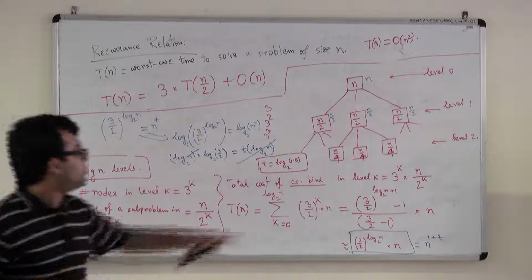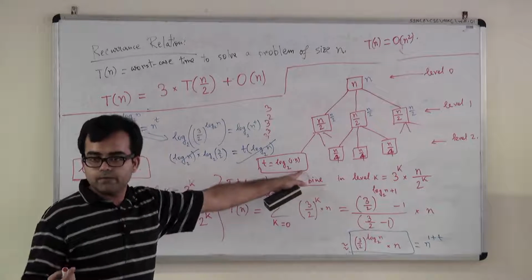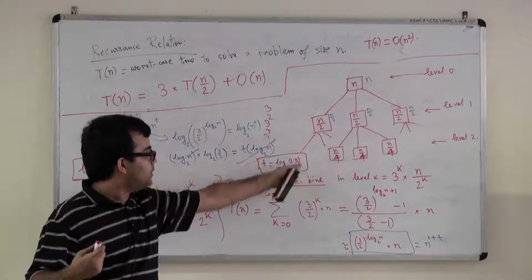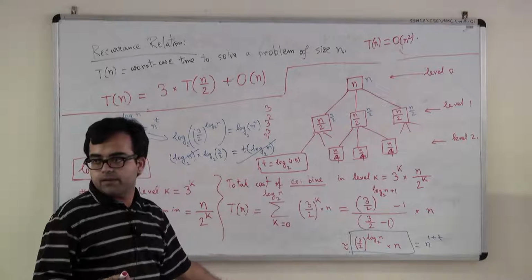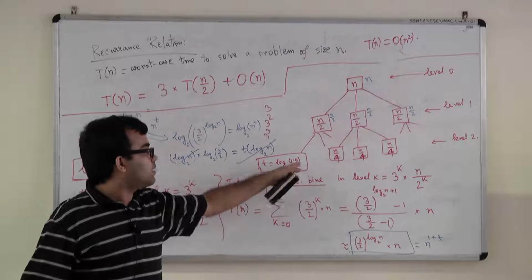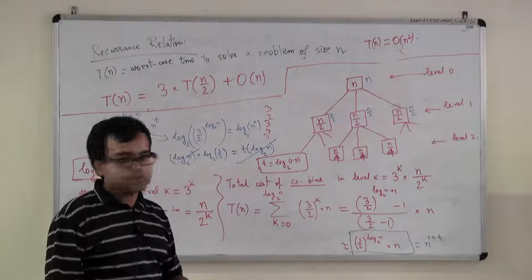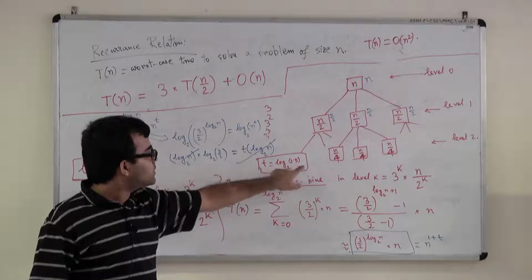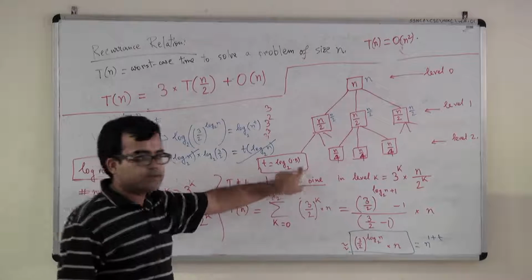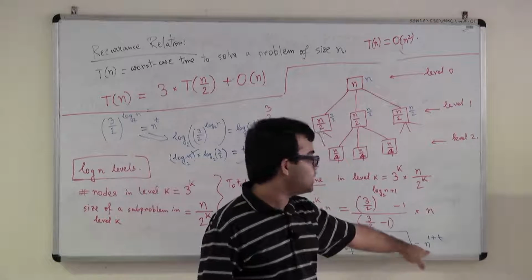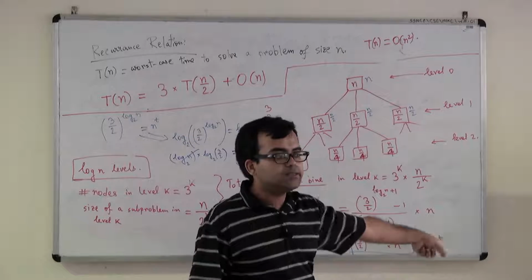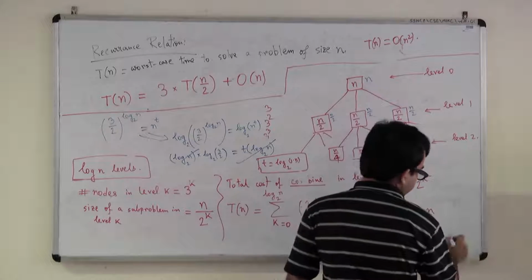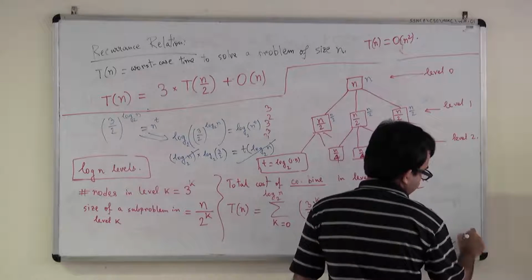Why? Because if it was 2, then it would have been 1. Log 2 to the base 2 was 1. So log 1.5 to the base 2 is less than 1. In your calculator, you can just check how much it comes to. I don't remember the number, you can just do the calculation. But the thing is that this is less than 1. And what does this mean? It means that the total running time is n to the power 1 plus t, where t is less than 1. So this is definitely much smaller than n square.